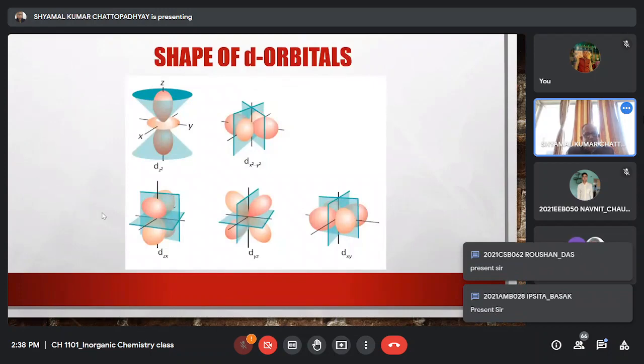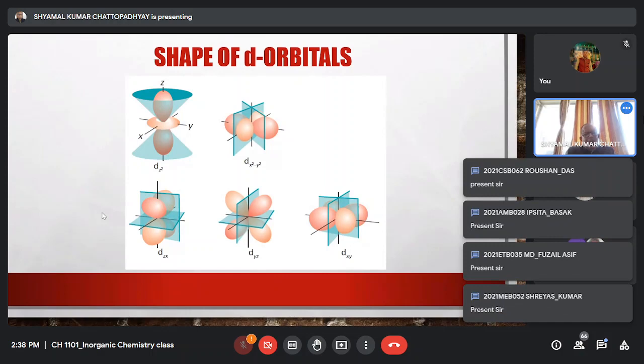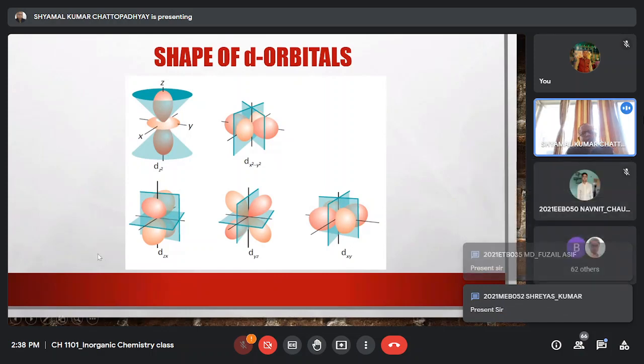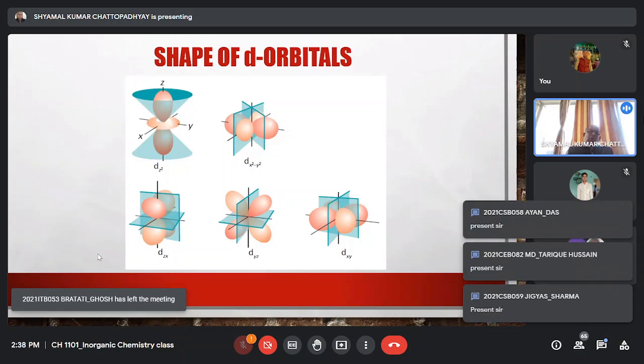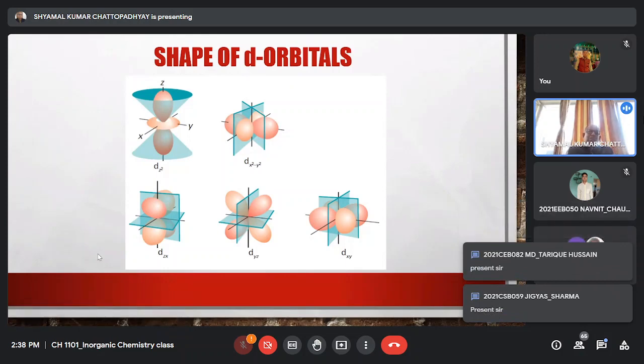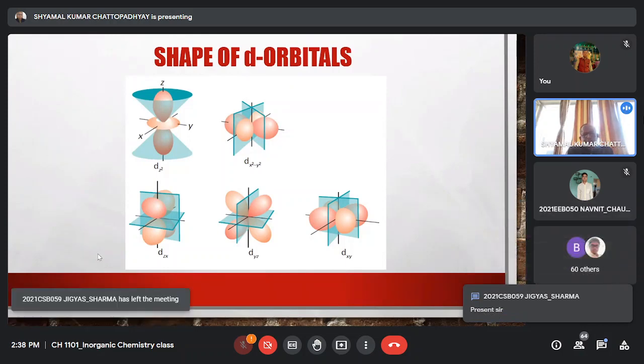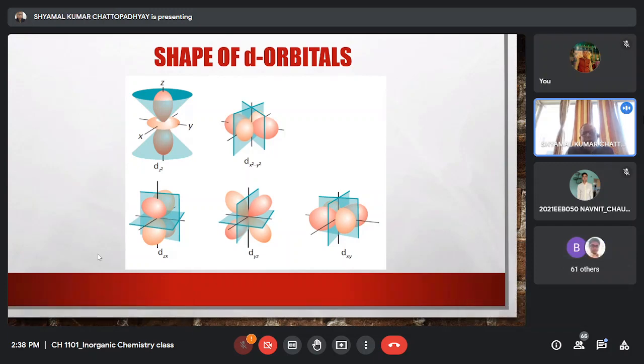So what is crystal field theory? The crystal field theory is based on the symmetry of the complexes and symmetry of the d orbitals. And also, the original crystal field theory is based on pure electrostatic interaction. It is thought that metal and ligands, all of them can be considered as point charges, and these point charges interact with the d orbitals of the metal ion, and depending on the arrangement of the charges,